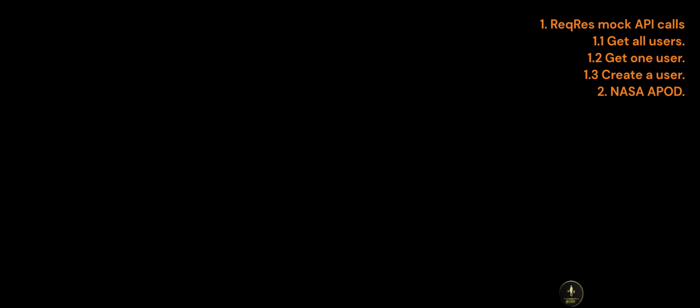Let's get into the shoes of our target audience user, the partner developer, and make 4 of the simplest REST API calls. 3 calls to a mock REST API called ReqRes and 1 to the NASA API. The very first call retrieves the list of all the users from the mock REST API as we type this